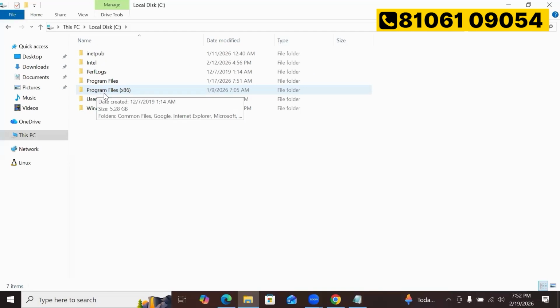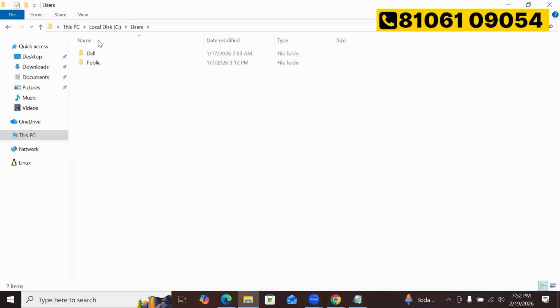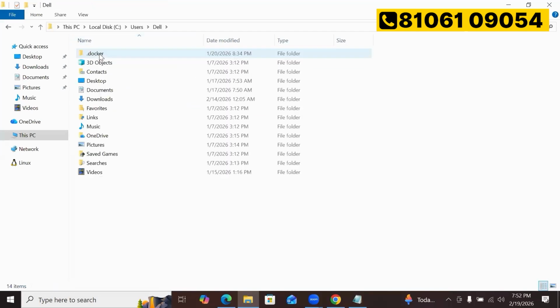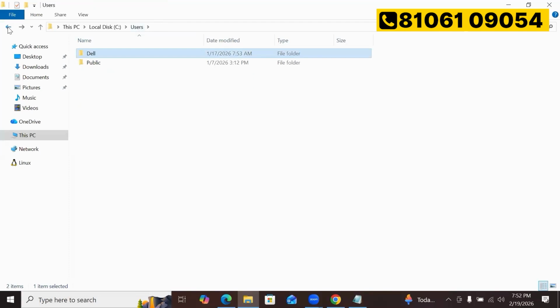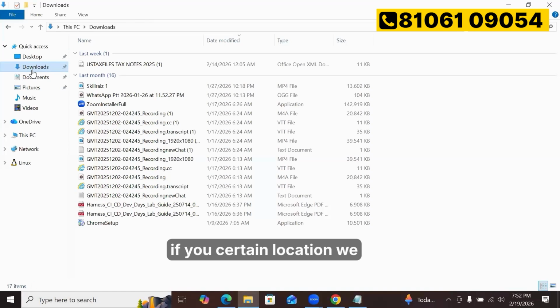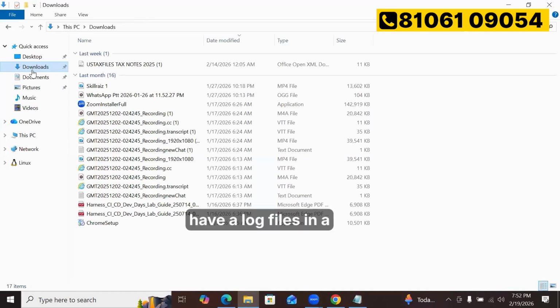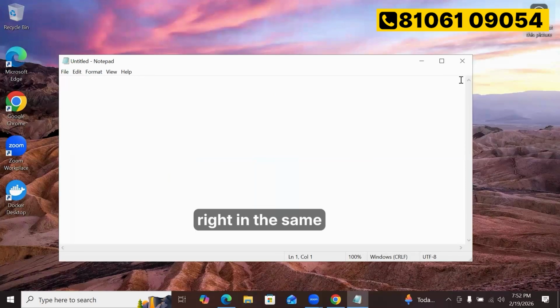If you created a user, the user information is stored in Users. We call it the user home directory. All the users' information is kept in this Users section. In the same way, we have a location for all the downloads, and a location for log files. It is all organized, right?